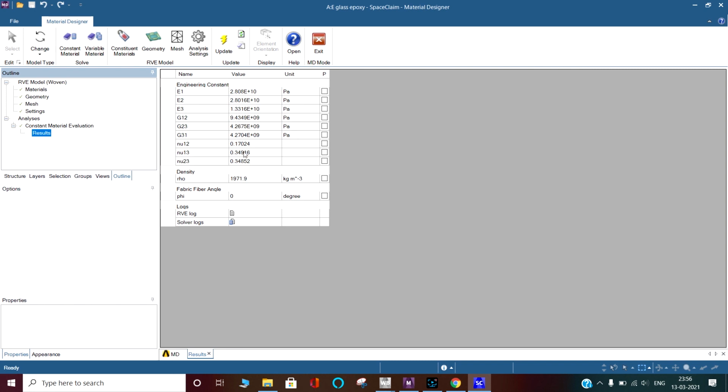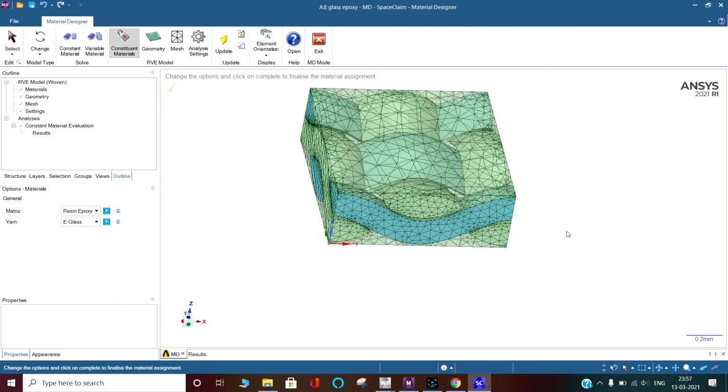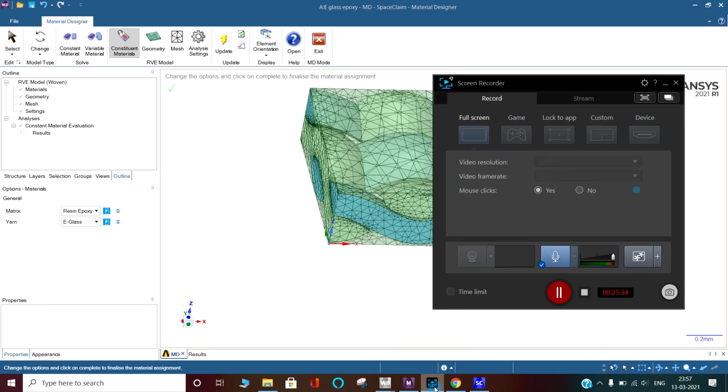Similarly, we have all the other results, G12, Poisson's ratio, and we have the density also, that is 1971.9 kg per meter cube. Like this, we can go for the other RVEs, and we can bring the RVE which we have already designed, that is the user defined RVE. So this is myself Deepak Maurya. I think you enjoyed the video.